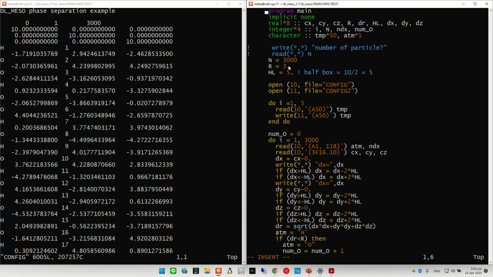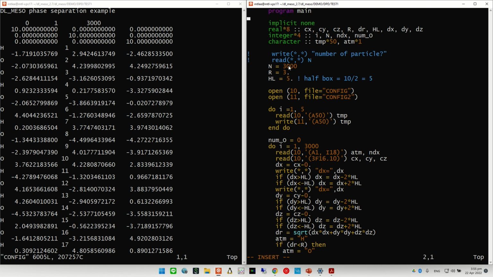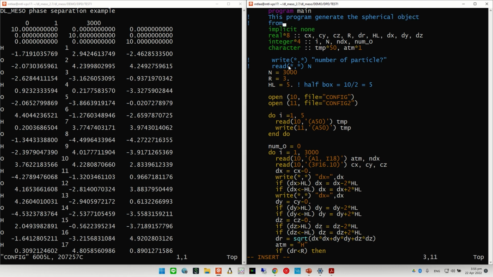At the beginning of the example, you type program mem. This doesn't matter, and we can do something like this: this program generates the spherical object from the config file.